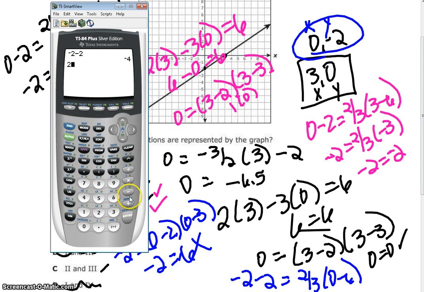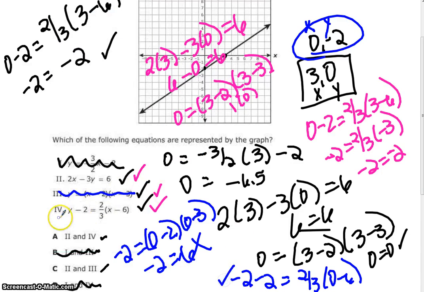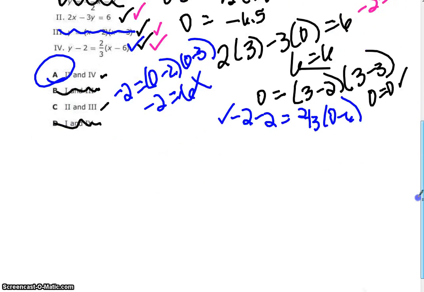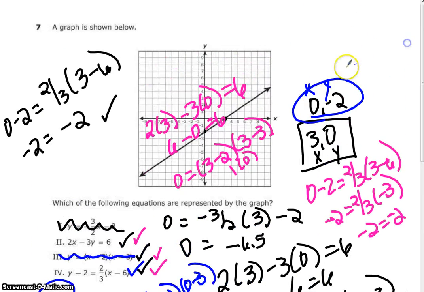When I do the other side, 2 divided by 3 times 0 minus 6 is -4, and that does work. And so the fourth one is a good one. And so it's going to be 2 and 4, so your answer is A. There's other ways to do it, okay? I'm just trying to find the one that lets your calculator